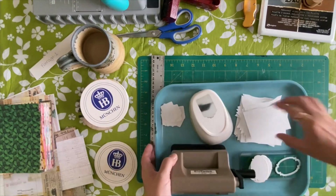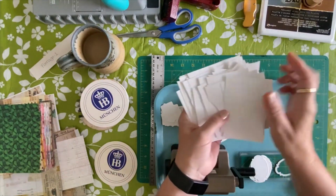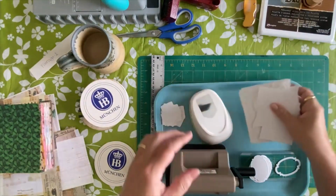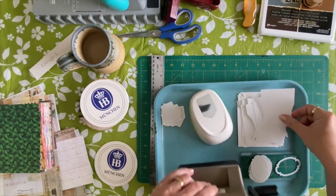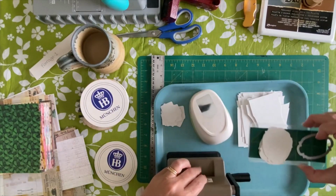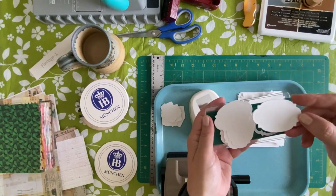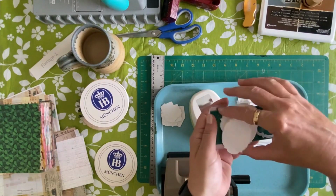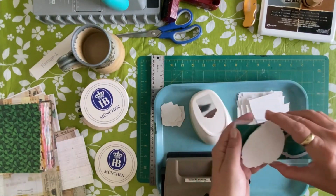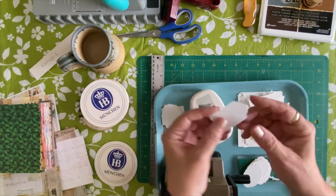I just trim them down. So these are all the scraps that were around those 6 circles, and I've just trimmed off all the little extensions and everything, so they will fit through my Sizzix on my little punch here. And I am using this little die cut, and I'm cutting out these little die cuts from the scraps. And then there's one little part right in the middle that's too tiny for this,